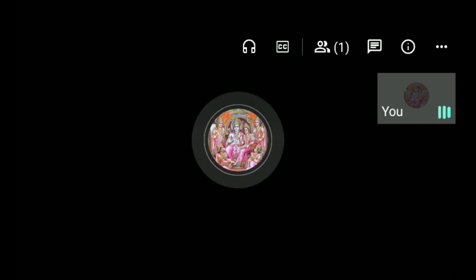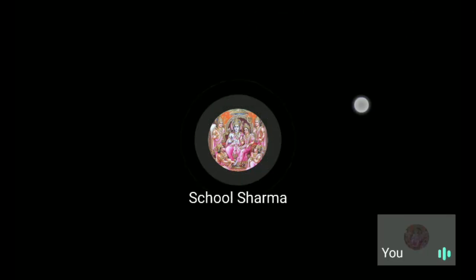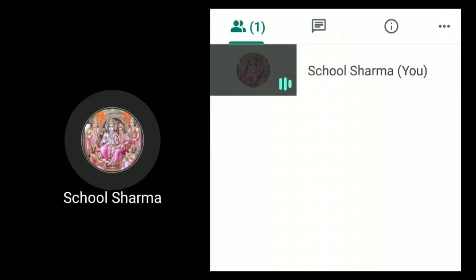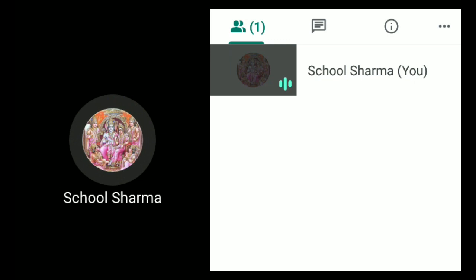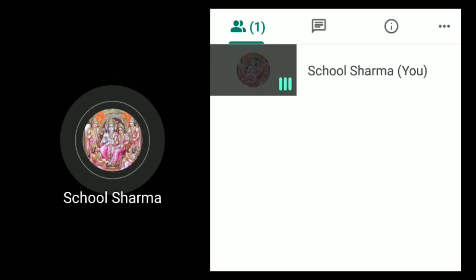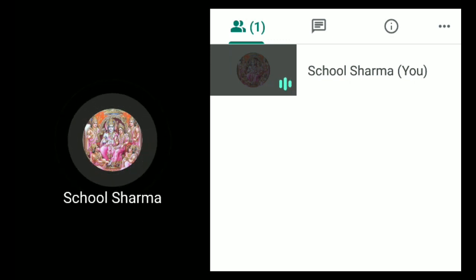Now the third icon on the top is, now you can see the picture of some people here. So I will again open this. Here you will see the names of all the participants. Just now I'm alone, so it is one here, but you will see the names of different participants here in the right side white color box. I'm presenting here, right? Now when you open the list of participants, you can take attendance from here by taking the name. If some participant or a student is not writing the name, then you will see his number or his father's name or the name of the person the SIM belongs to, right? So you can take attendance from here.